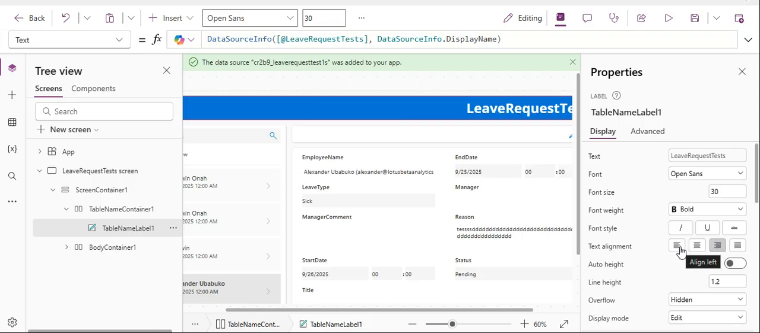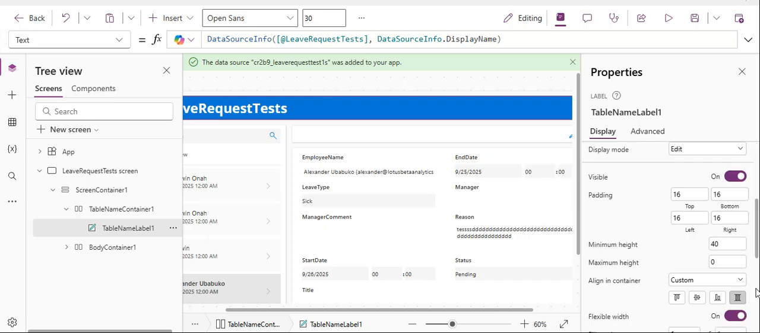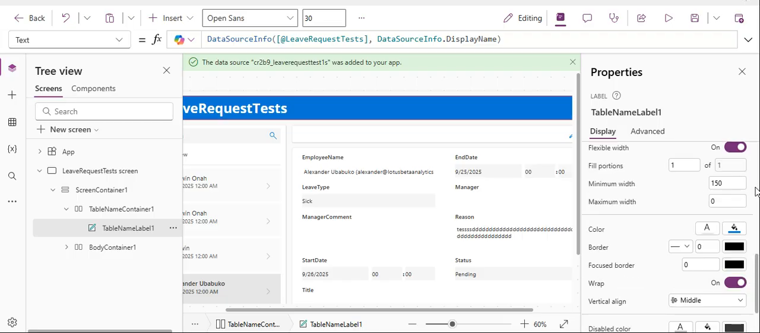If you want to align it to start, you can see. If you want to increase your auto height, overflow, and all that, maximum height, flexible height, you can turn it on. So these are the property